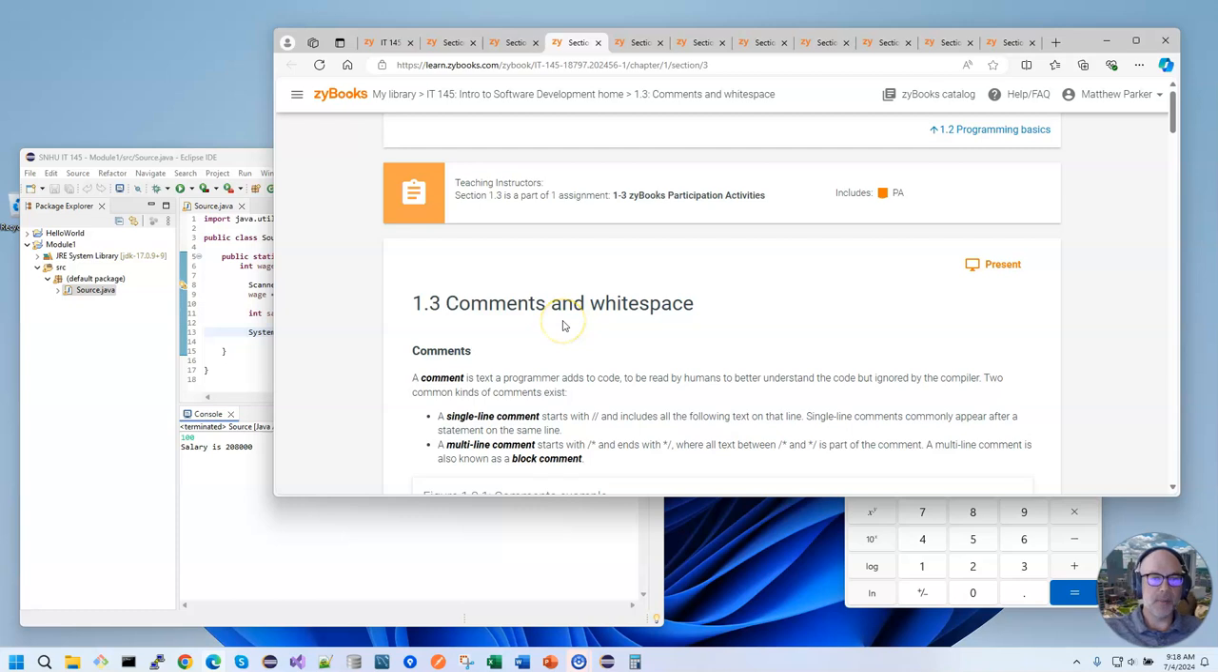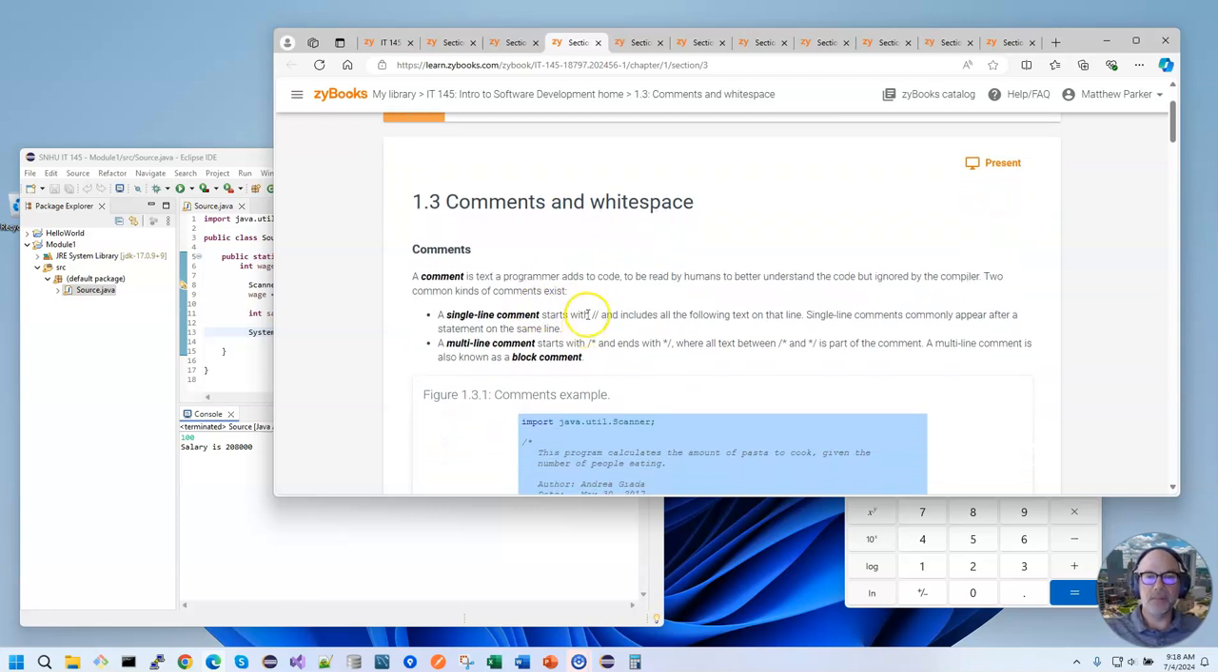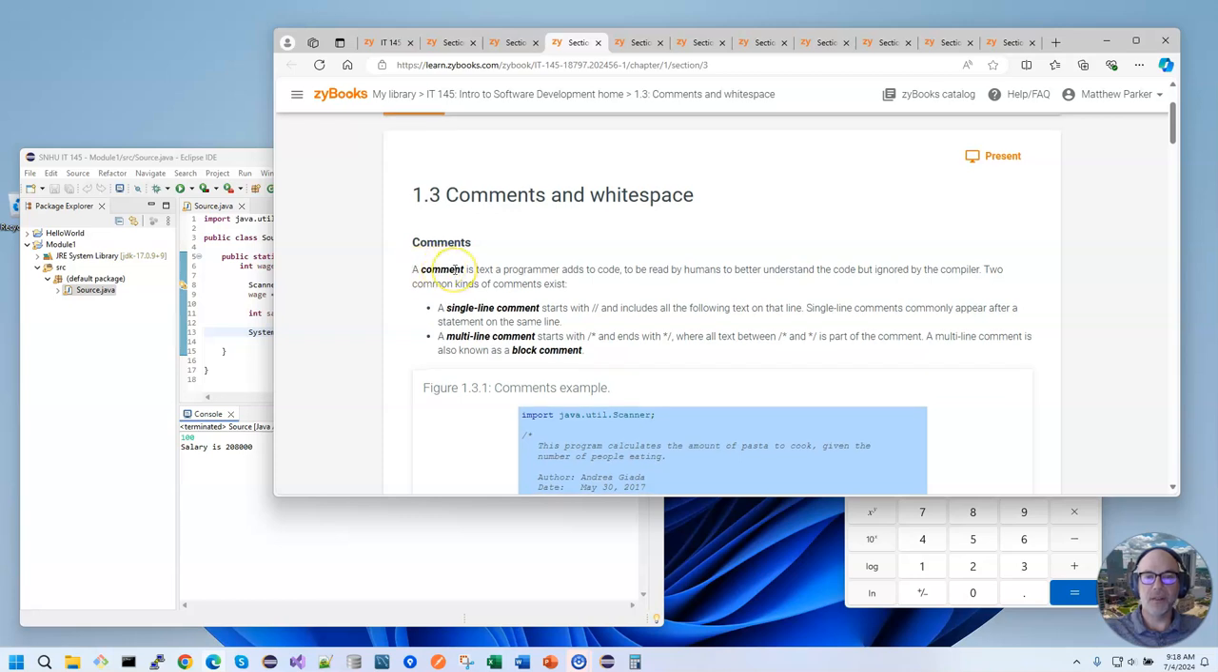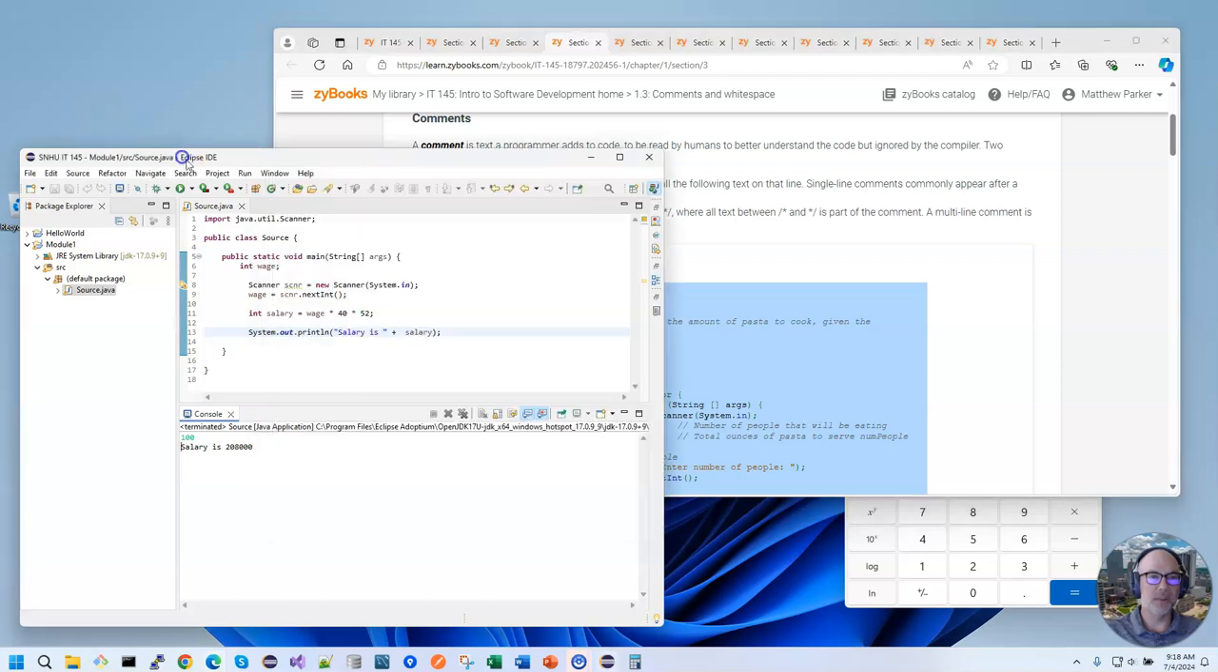Okay, next thing that they talk about here is comments and white space. So in Java, if you want to make a comment, keep in mind these are things that programmers leave behind to help better understand the code. We can do a single line comment that's 2 forward slashes, or you can use a multi-line comment where it starts with a /* and ends with */. So for instance,